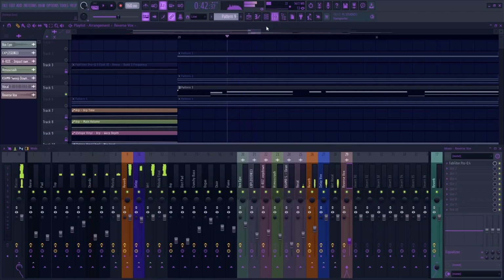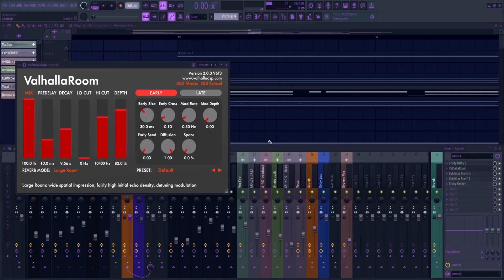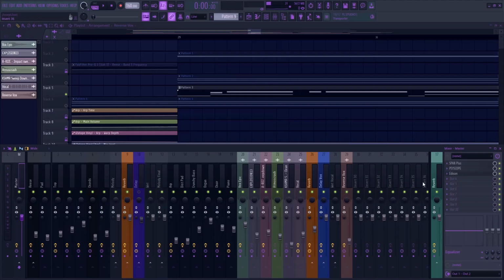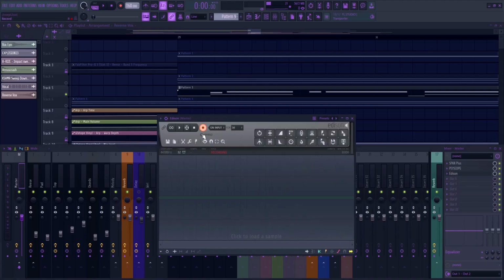I think on the leads we're gonna go to this note. And on this one we have already a long reverb. This is my reverb. It's almost 10 seconds, so we don't need to use Black Hole for that. And basically,